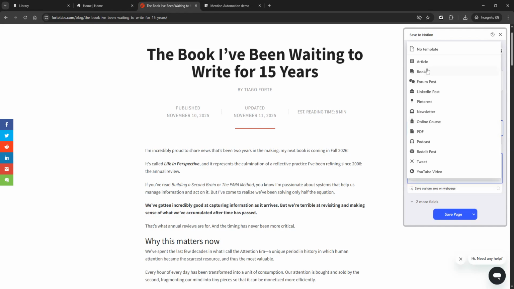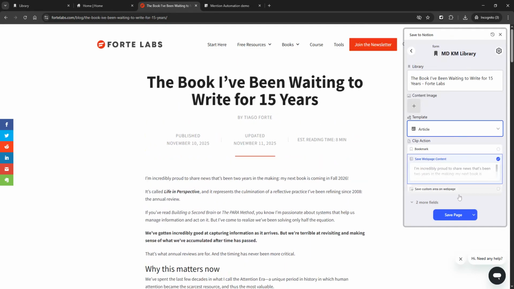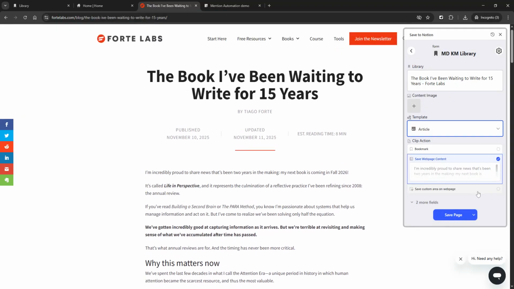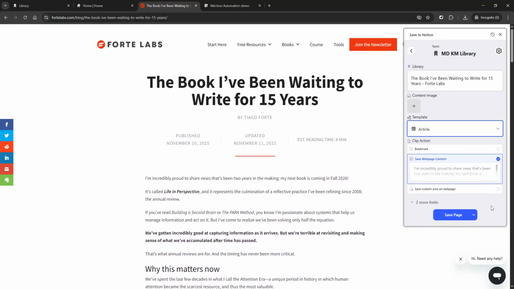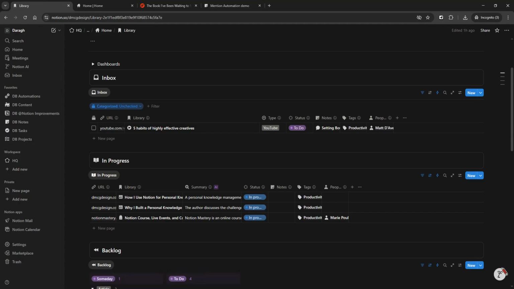I'm going to apply the article template. You can add all of your database fields to this form as well, so you could populate them right here as you're capturing. But I generally don't want to do that. I just want to get the article into my system, and then I can organize it there when I'm ready to. So if I save that page, that should save to my library database,